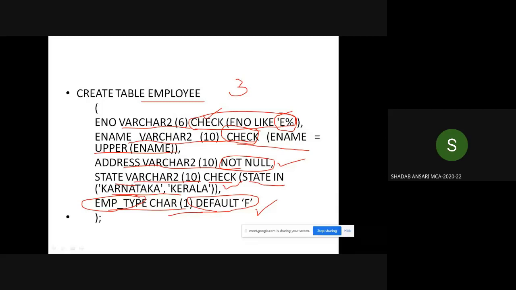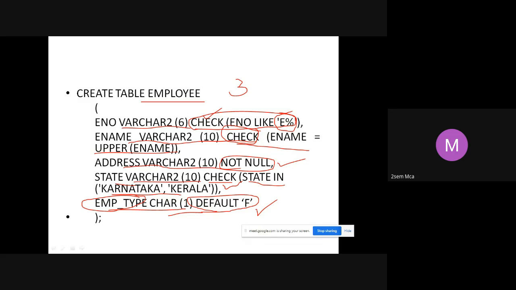Yes, EMP type char. See here, EMP underscore type is one of the attributes. What type of employee he is, whether he is a full-time or a part-time employee. So EMP underscore type is another attribute, like address, state and all. What is the data type of this EMP type?